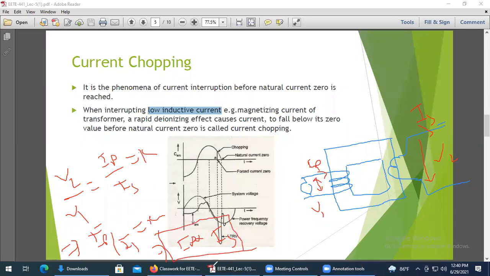But if you take a closer look at this transformer, the secondary terminal is open. So eventually the value of IS becomes 0. From this equation, we can conclude that the primary current is also 0. In that case, we consider that we do not have to worry about the circuit breaker on the primary side, but this is an approximation. Do you have any question, guys? Are you getting my point here?